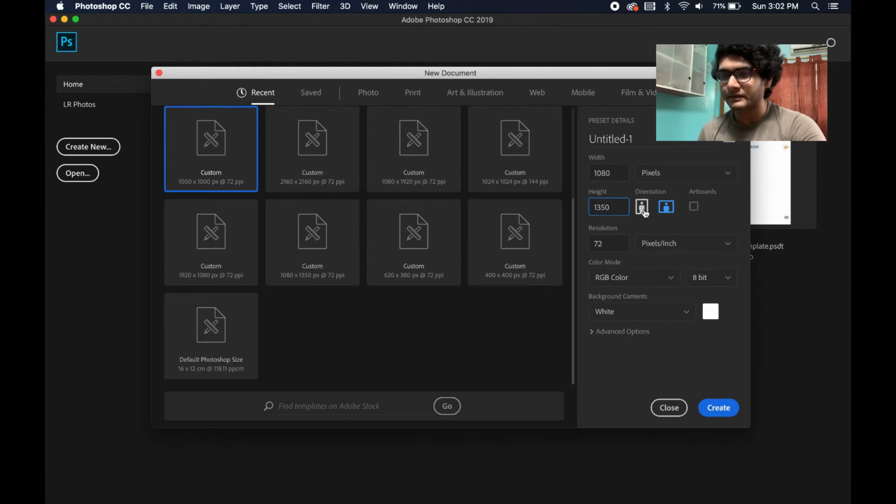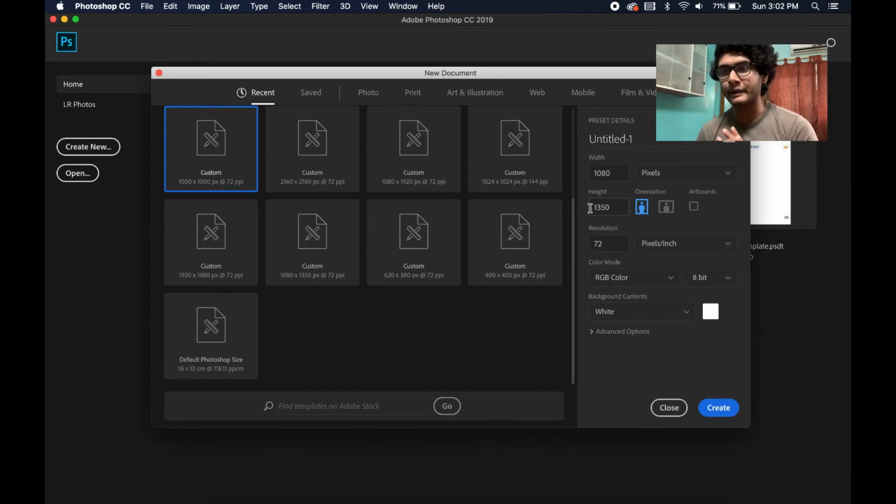For example, if you want to post something that is not a perfect square, so if you make a canvas in this shape and post that on Instagram, Instagram will not actually crop the image. It will show the full length of the image, but as soon as you go into the feed, or see the feed in general, it will show you just square thumbnails.